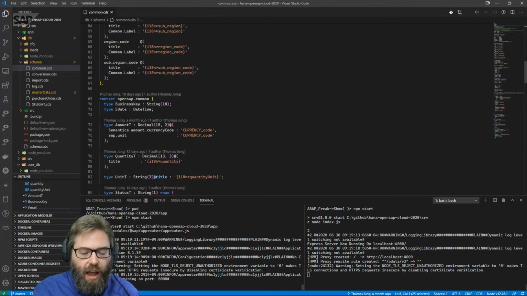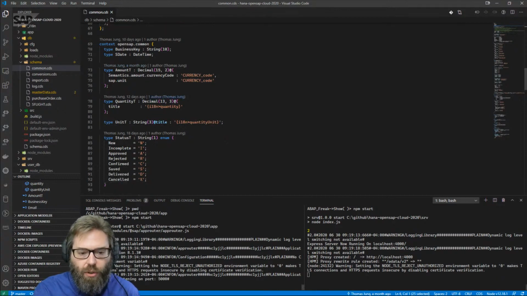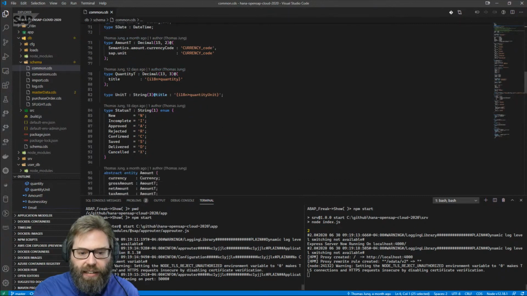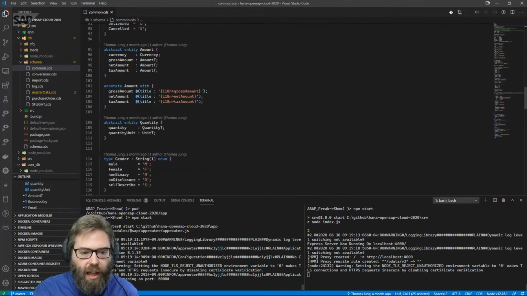But then in addition, I've declared some of my own common central aspects, like when I have an amount column, I also automatically want to have currency codes and units along with those amounts. So I'm applying some semantics and even sometimes some annotations directly centrally so that they're then applied consistently. Or I have an abstract entity of amounts, where often I'm storing gross amount, net amount, tax amount, and I don't want to repeat that over and over again in multiple entities, so I do it once centrally here as an abstract entity, and then I can apply that